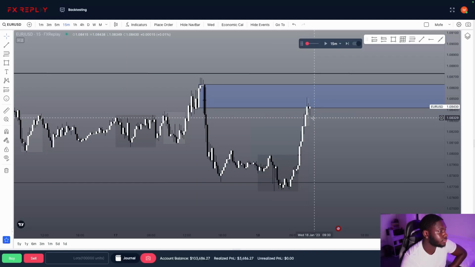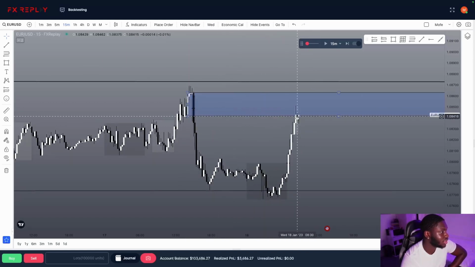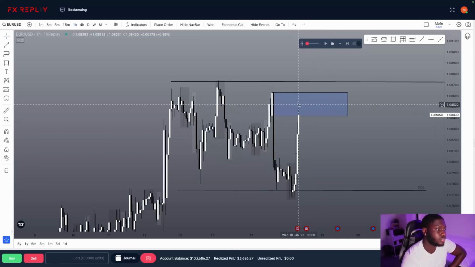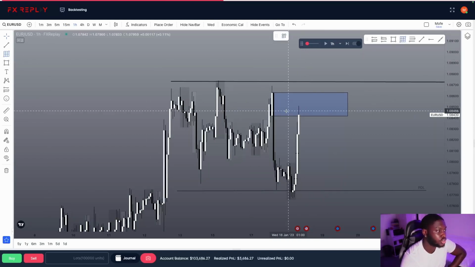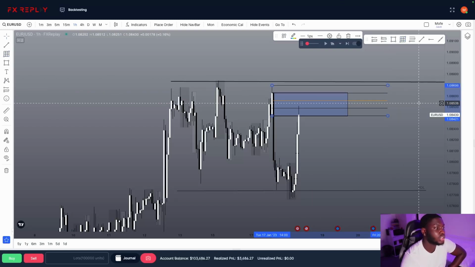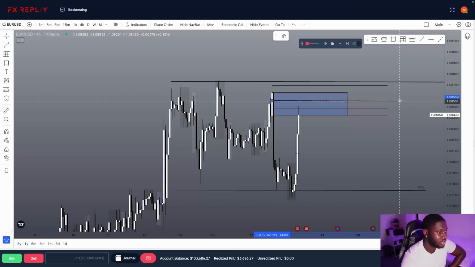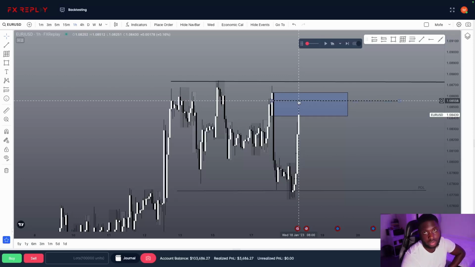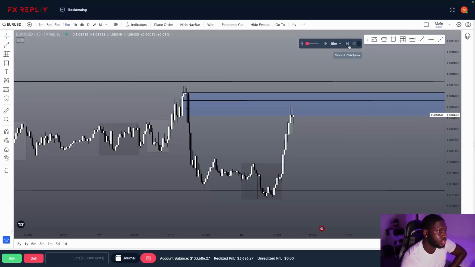But yeah, I want to see what price does around this area. If we see a nice clean hourly rejection off of this order block, I'll be looking for sells. If the hourly closes very strong into the, I'll say the 0.5 of this order block. 0.5 is just basically halfway through the candle. I have my fib levels drawn already, so I just know where 0.5 is. So if I see price close above this area, I'm not really going to be interested in looking for sells. It's more likely that the order block will be disrespected. But if price fails to close above this, then it's a good chance that we're going to respect this order block. But let me see what it decides to do.